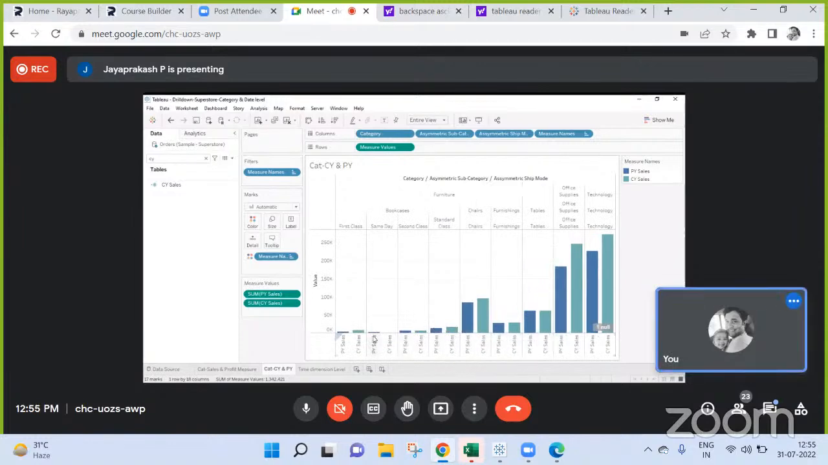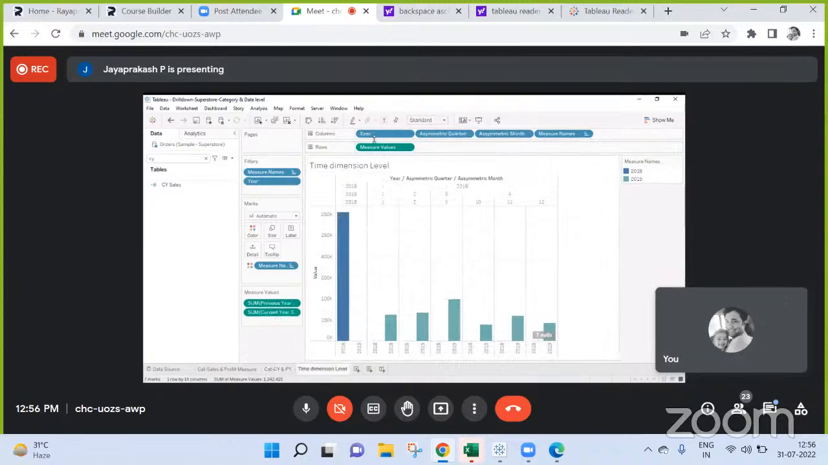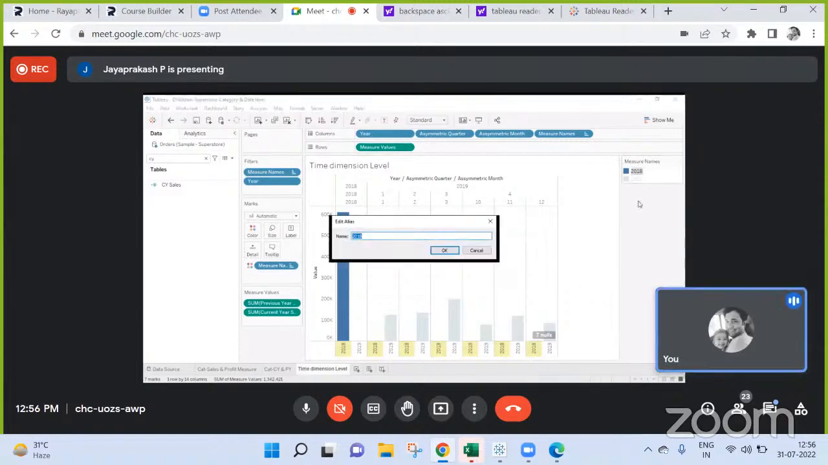Okay, this is working fine for category, subcategory and ship mode level. Yeah, the problem is whenever I am doing it with the date level, year, quarter, and month, I am not getting it for 2018. Can you cross-tab this dimension level now? Wait, no. The problem here is